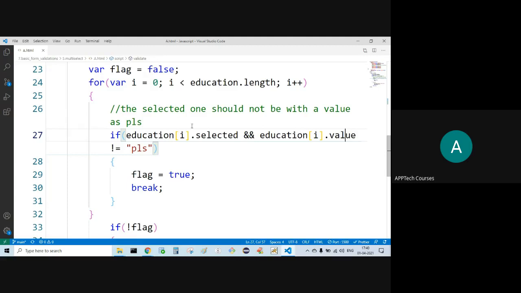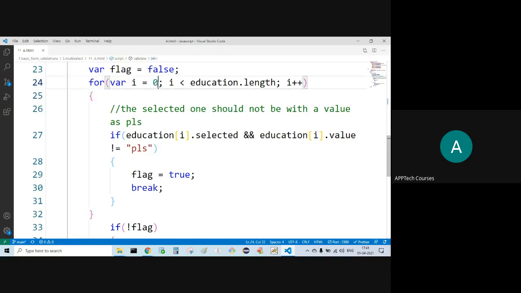Let's say education of I 0 got selected. Okay, fine, selected. And education of I 0 dot value not equal to PLS. No, it is equal to PLS. This one returning what? False. That is returning false. Whole expression become false. Let's go to another iteration.